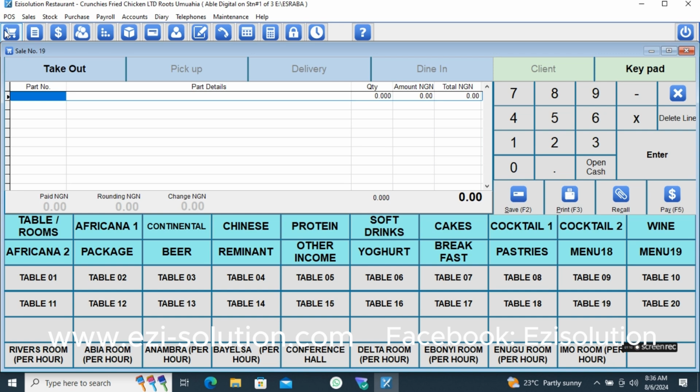No matter how many people are sitting down at a particular table, a waitress will be serving them, and each time a person places more orders, those items will be added to the same table. Let's do that before we go further to other ways of using ESR. Okay, so now